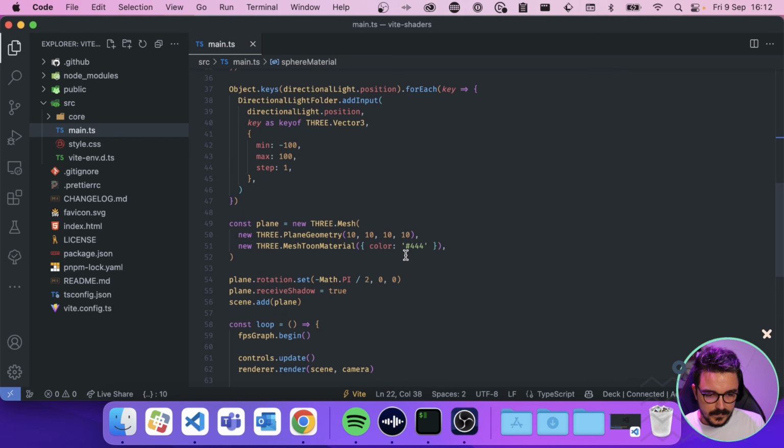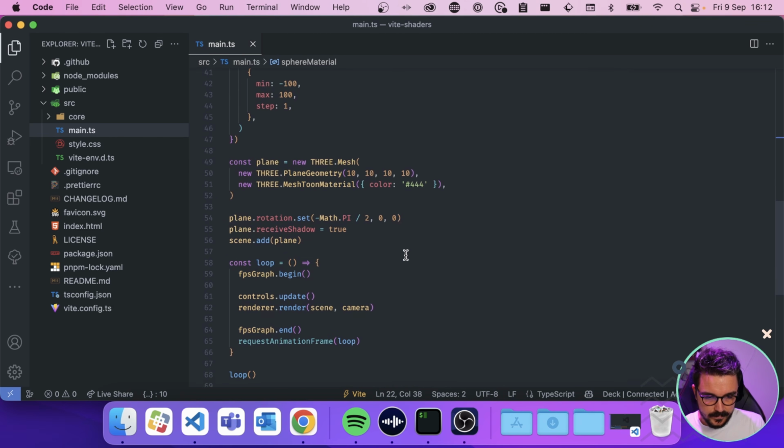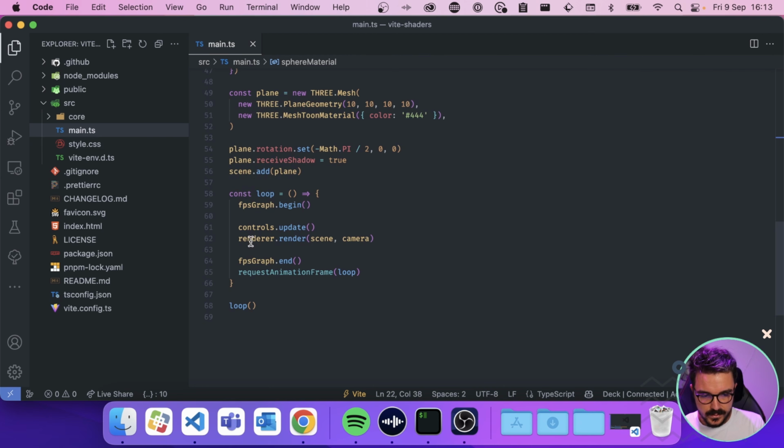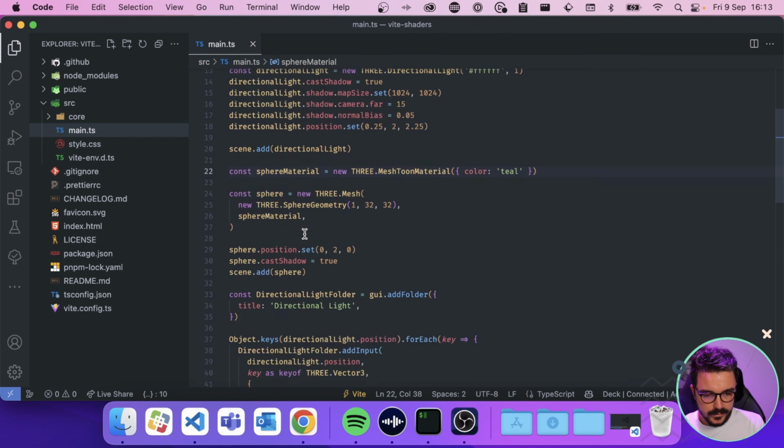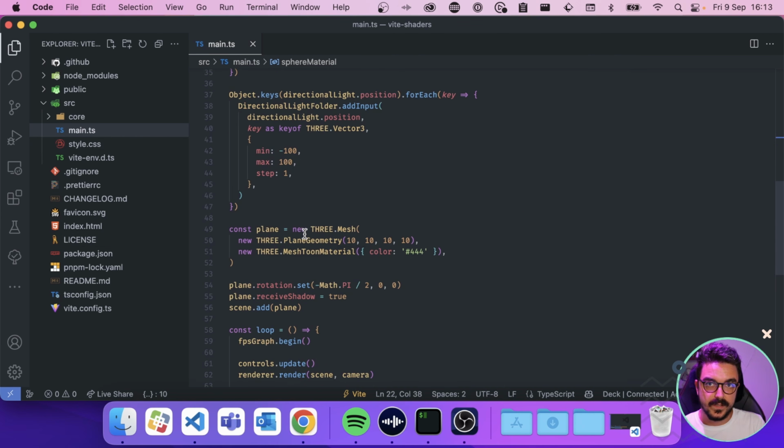And then we have the tweak pane configuration and just basic rendering and frames per second graph. Okay, so we're gonna work on top of this to create the shaders.